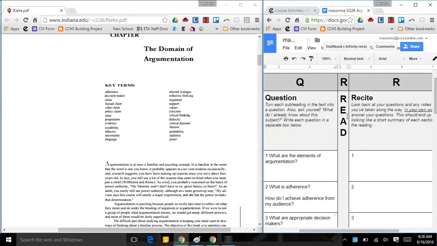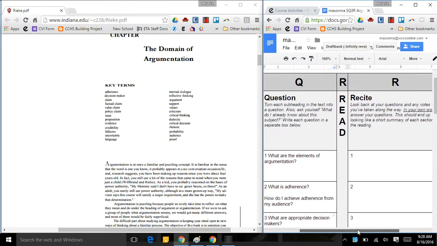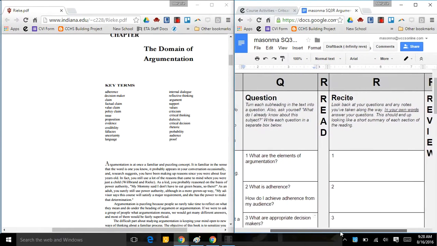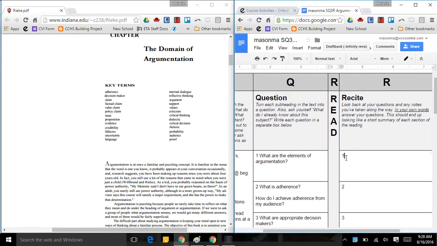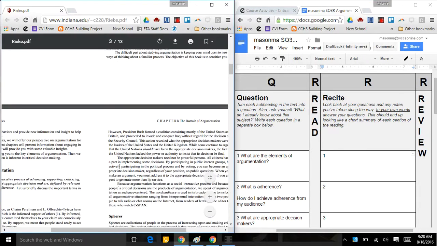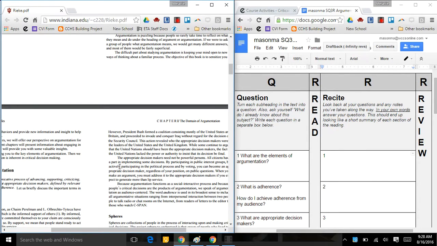After you read, or as you read different sections, your second R is to recite. This is, I think, the second most important column on the graphic organizer. What you're going to do in this section is answer your questions. So my first question is, what are the elements of argumentation? And if I go back and take a look at my reading, I should be able to